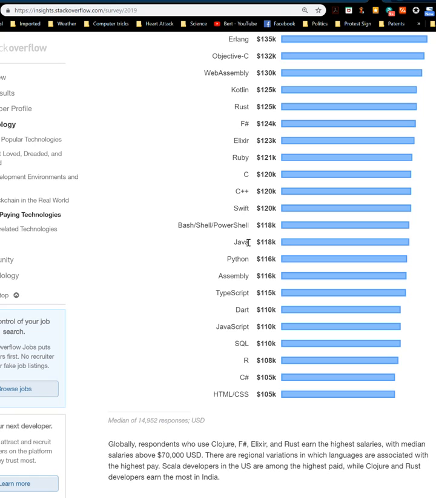Okay, Swift. Java doesn't pay as well, but it's a much more popular language. Python, same again, quite popular, doesn't pay as well. Assembly doesn't pay as well, not very popular. Not quite sure what the reason for that is. TypeScript, again, more popular, but mostly because JavaScript is so popular, because these two really are one and the same. But again, more popular, doesn't pay as well.